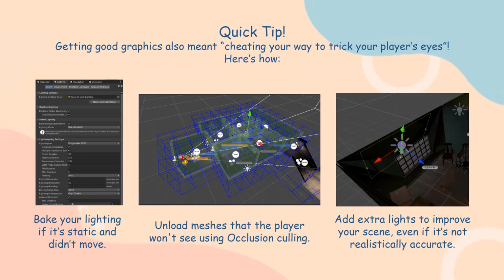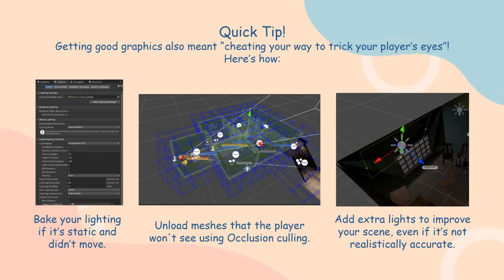And then you can use occlusion culling so that you can unload some of the meshes, so whenever the player looks at that part, the things behind them will be unloaded. Think of it like Cyberpunk, when you go in and it's like this gone, but better. Basically, when you look at it, all the things that you don't need, you just hide so that it doesn't bloat your GPU.